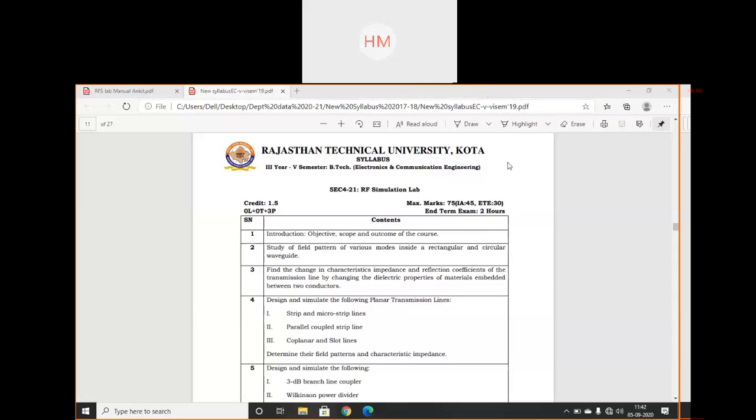Till now, see students, other students want to join because strength is just 50% right now. All got the information of this lab or not? Yes, students, all got the information. Okay.